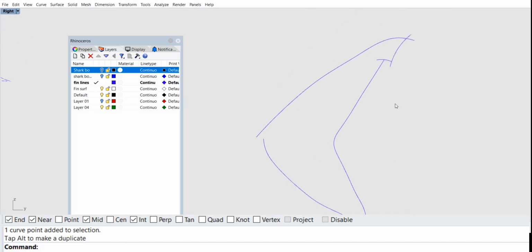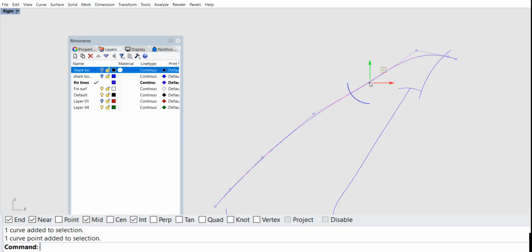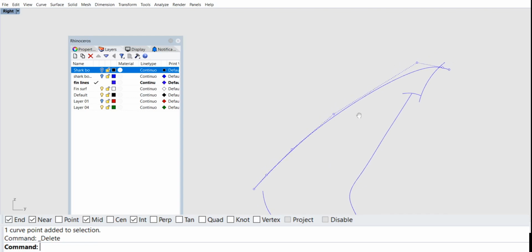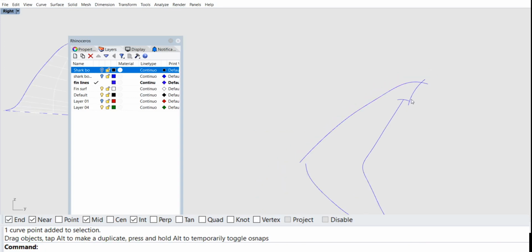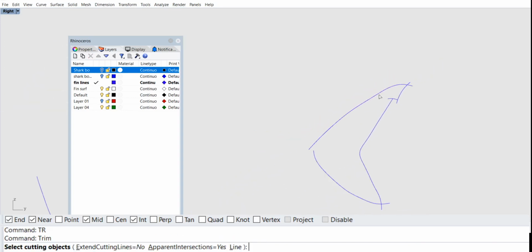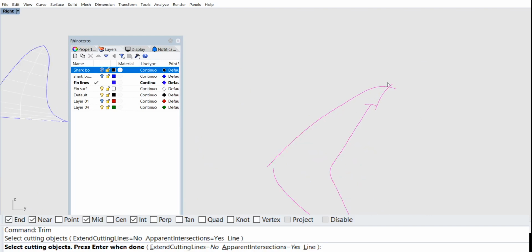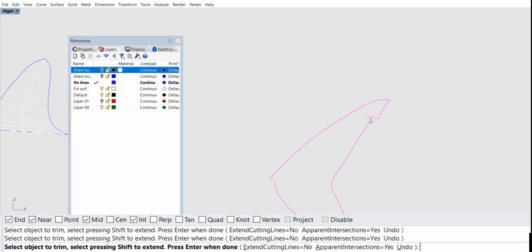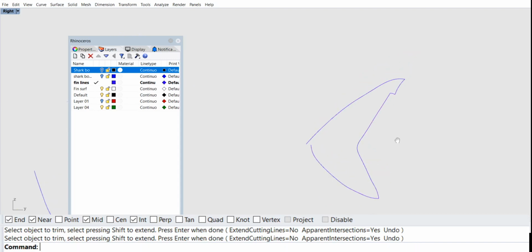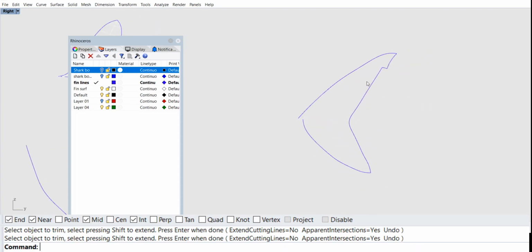Move that one just a bit, and take this one. That one, just get rid of. Yeah, it's nice. Now, maybe just move it. And I'm going to trim these out so that I have okay. Now since I'm doing a 2-rail sweep, I want to have curves in the front, 2 curves here and